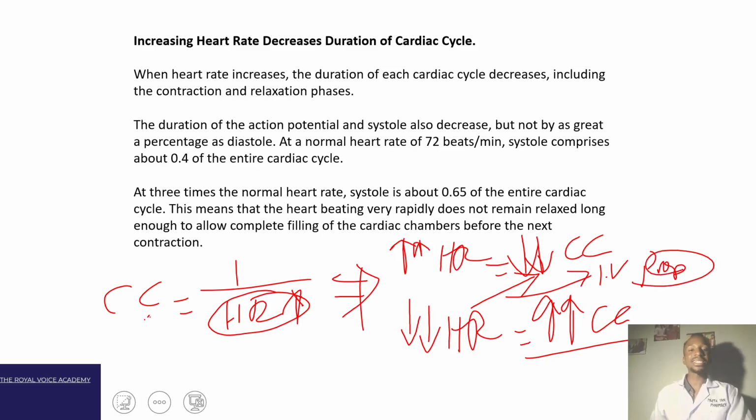So when the heart rate increases, the duration of each cardiac cycle decreases, including the contraction and relaxation phases. And why are we decreasing? Why is it that when you increase the heart rate, the duration of the cardiac cycle will decrease? Remember, increasing the heart rate will basically come from the sympathetic stimulation of the heart, because the heart, we said,